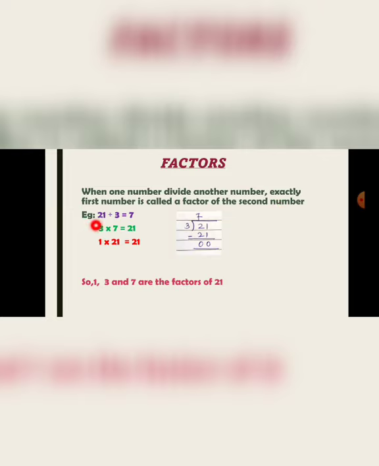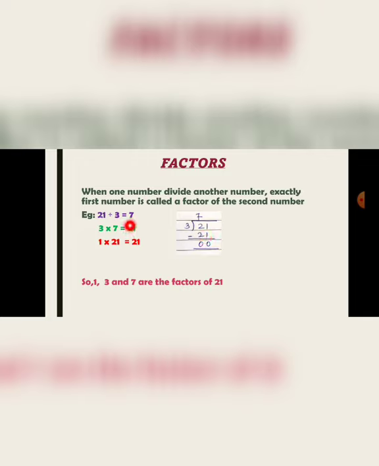Now here the example is given, 21 divided by 3 is equal to 7. That means here you have to find the factors of 21. So if we divide 21 by 3, we have to see that in the 3 table, 21 comes at what time. So 3 sevens are 21. So 21 minus 21, we will get the answer as 0. That means when after dividing two numbers the remainder comes as 0, the divisor is the factor of the given number. That means 3 is a factor of 21.